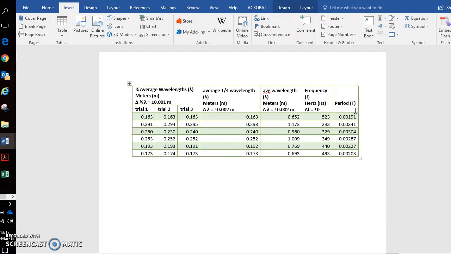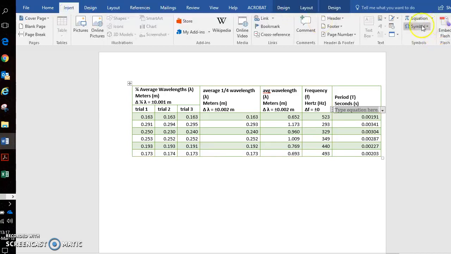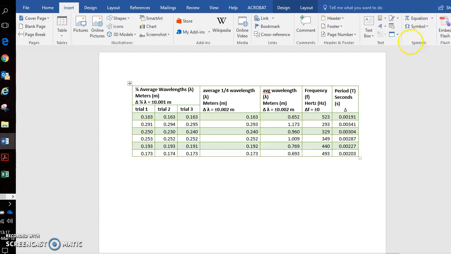The units for period are seconds, s, and so there is no uncertainty in my, oops, not equation, insert symbol delta. Delta T equals plus or minus 0 seconds, and this would be plus or minus 0 hertz. We're assuming no uncertainty. So that's how you set up your table, and you can change the color,